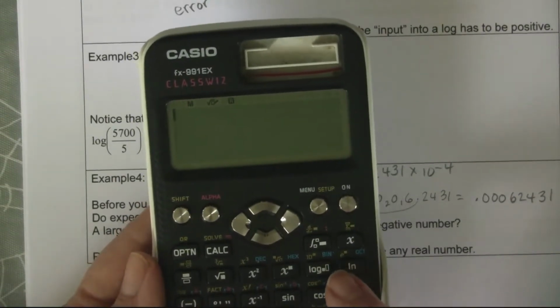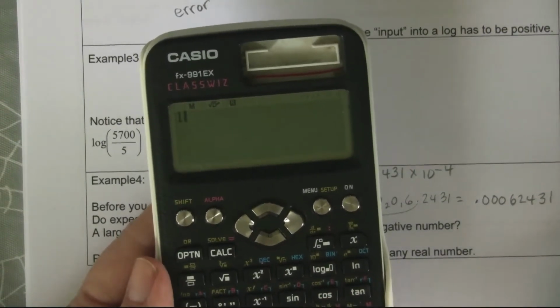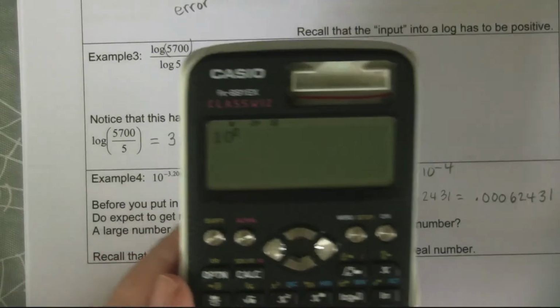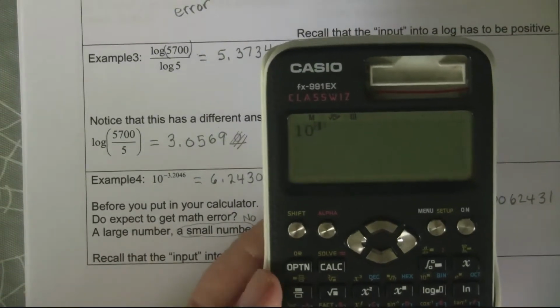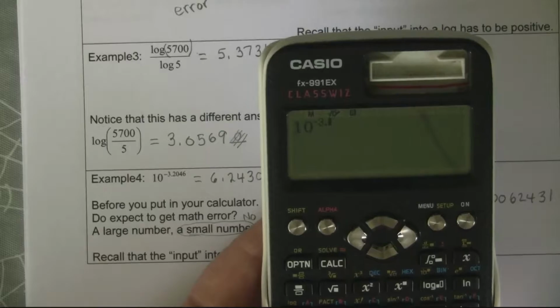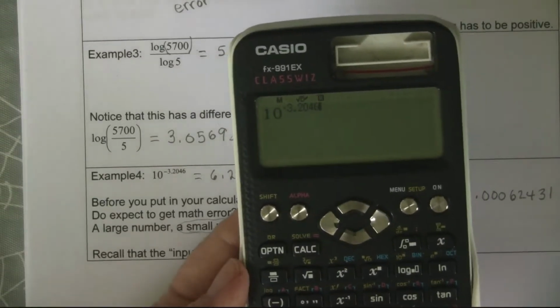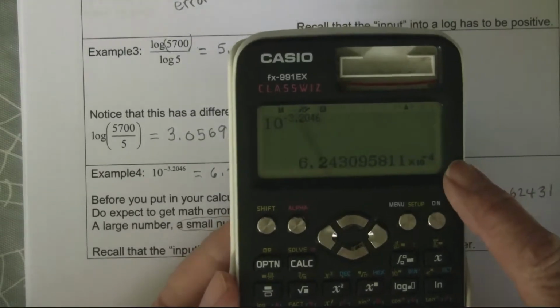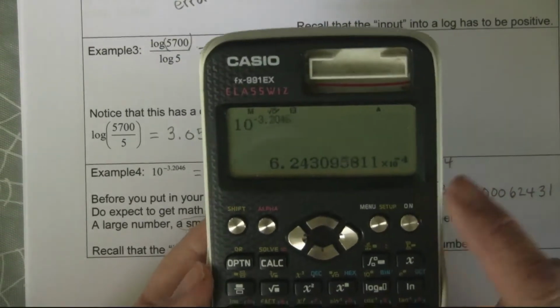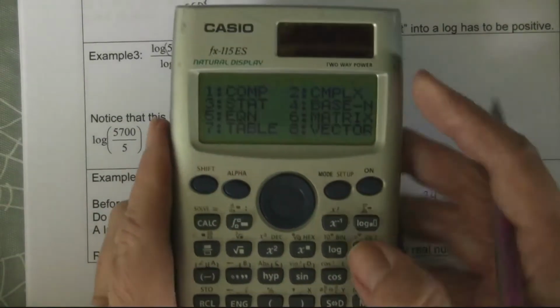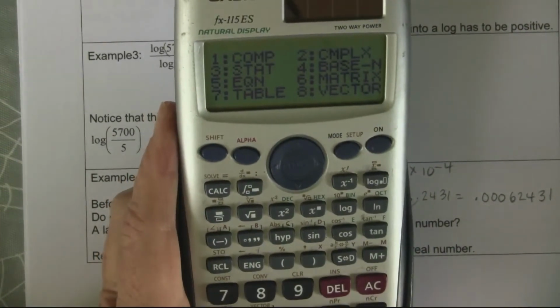It depends on what settings you have it in. 10 raised to the negative 3.2046. It also gave me it in scientific notation. If I choose to go here to menu mode 1,